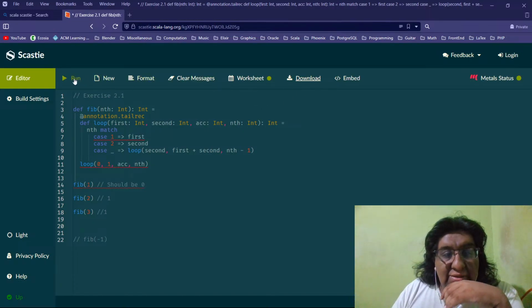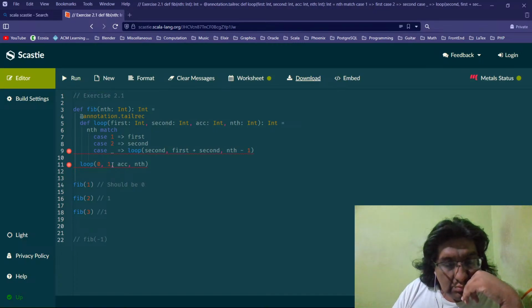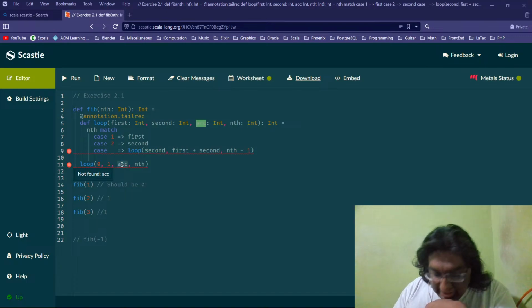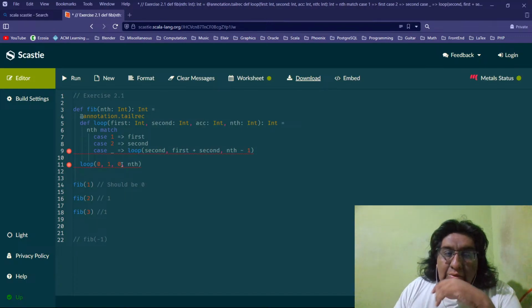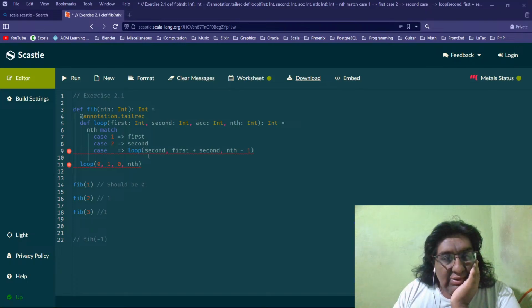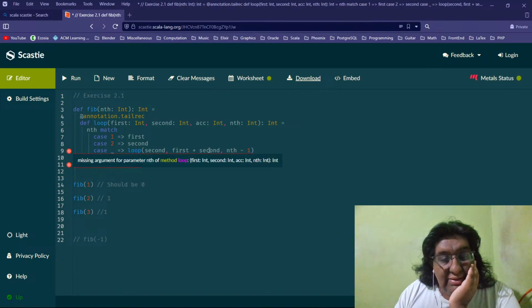Maybe we need to recompile this again. LCC, yeah, of course. I think there's something wrong in here. Yes, because I'm not using this accumulator in here, and again we are missing